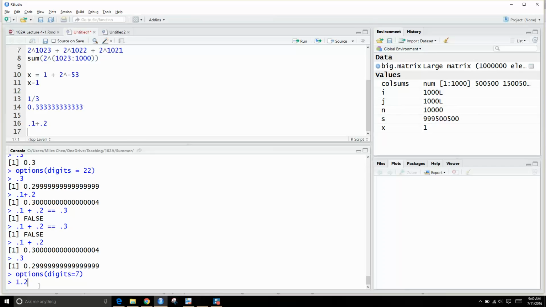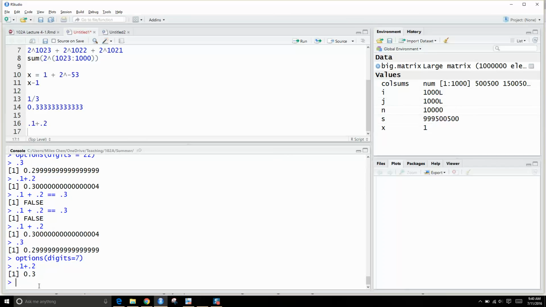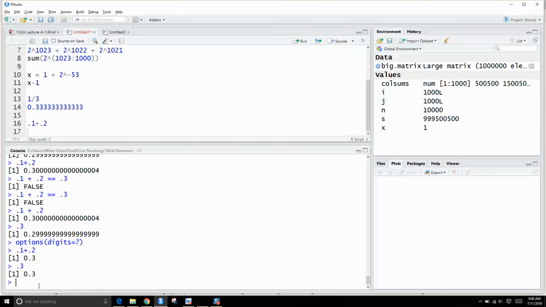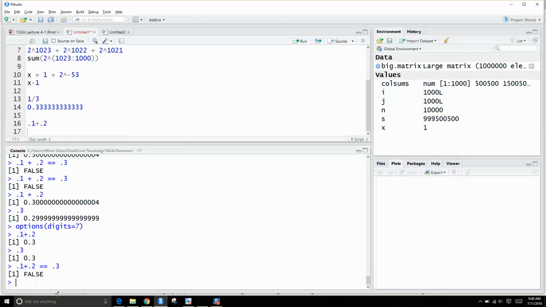And we do 0.1 plus 0.2, and it looks like this, and we can say 0.3 is that. But if we do 0.1 plus 0.2, is that still equal to 0.3? It's still going to give me false. And you can be like, what's going on? And that's because